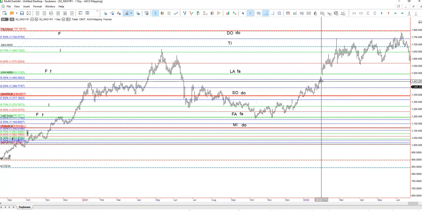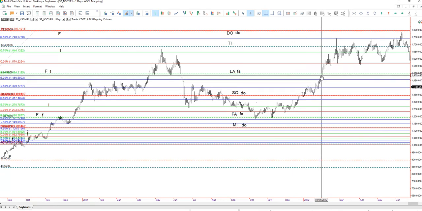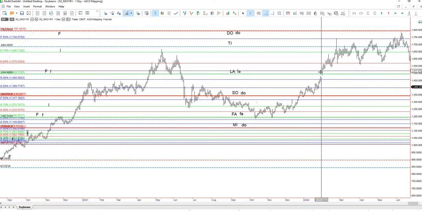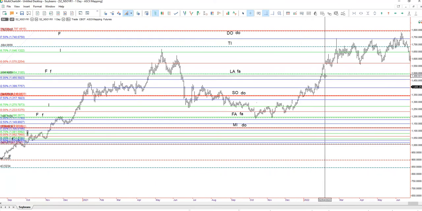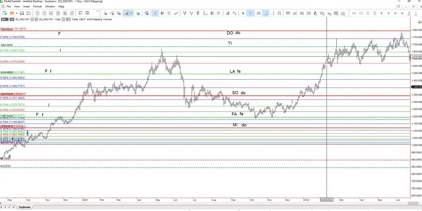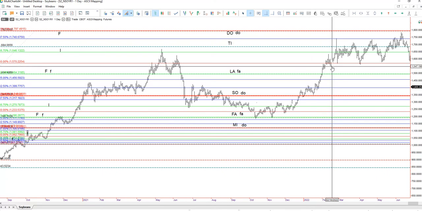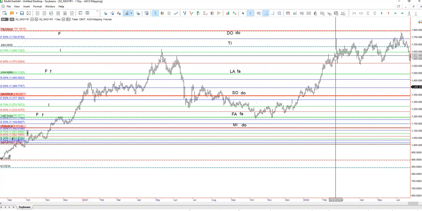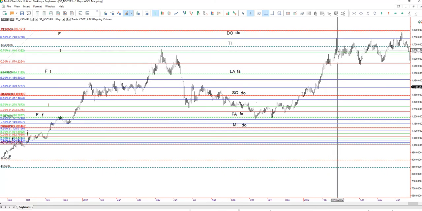You break that, you break the mi tone. Now you break right through the fa. If it comes back to here, it's going to be support. But now that it's broken right through, you just bring your stop right up to that level. Now you take out the so level, breaks through, false break below, continues right up, breaks right through the T